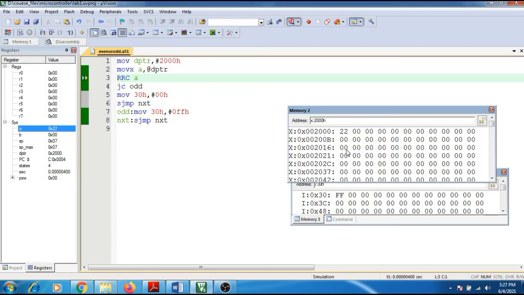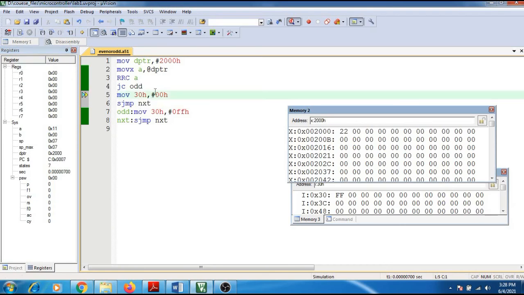Next rotating, so here 22H is an even number, which means the LSB bit is 0, right? So when it is checking, the carry flag is 0, so this condition is failed. Then control should execute this instruction where it has to store 00H in 30H to indicate the number is even, right? See, now 30H is having 00H.